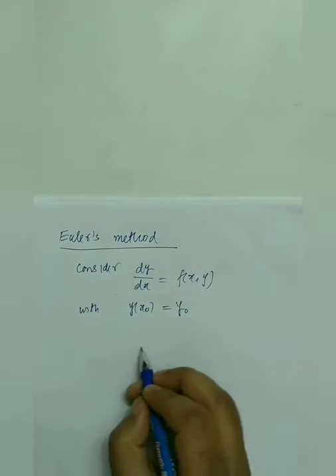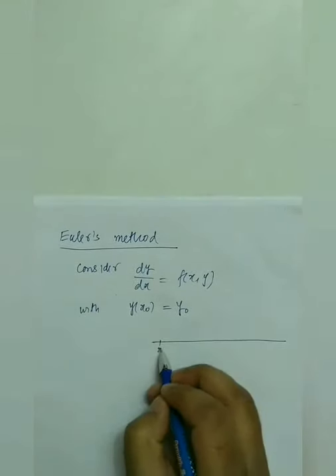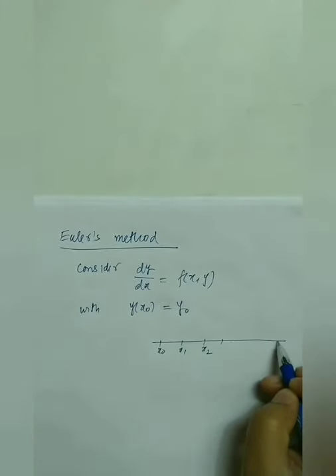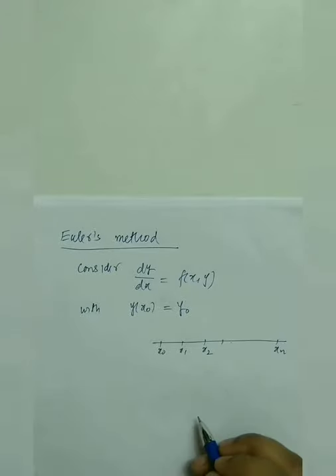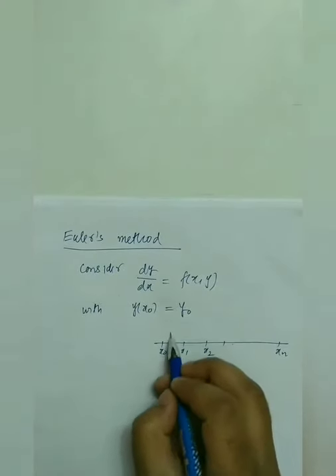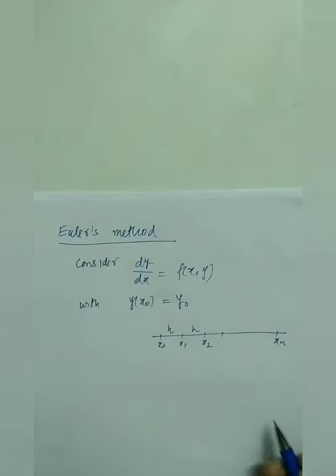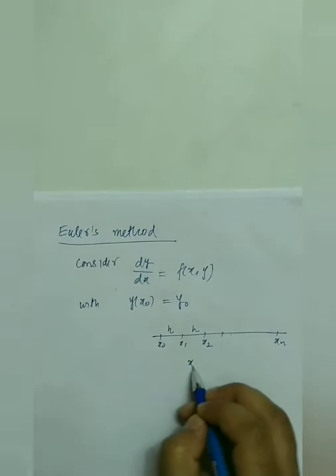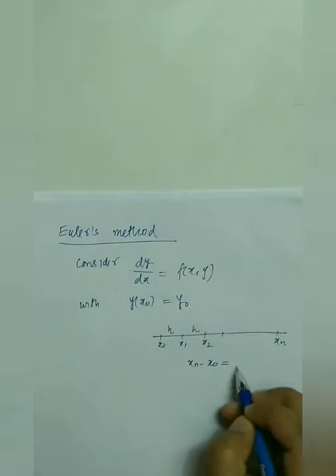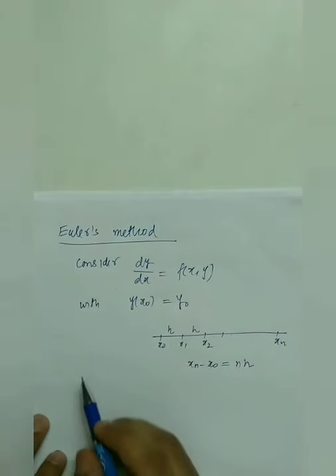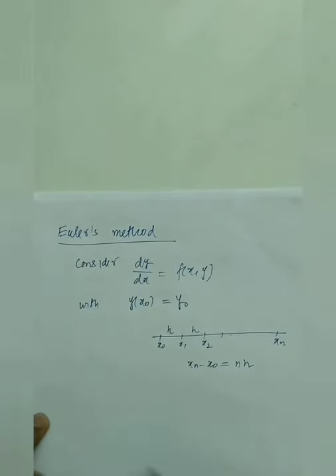Let the values of x be x0, x1, x2 and so on up to xn. The length of each subinterval is h, hence we can write xn minus x0 is equal to nh. In Euler's method, we use the fact that